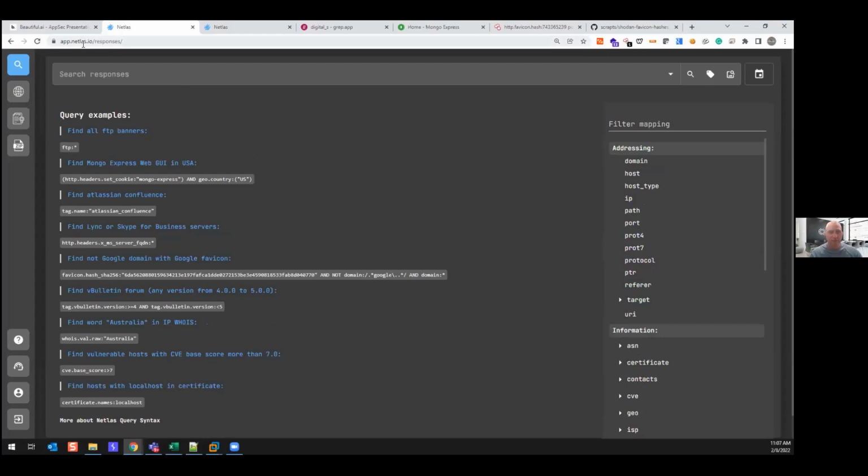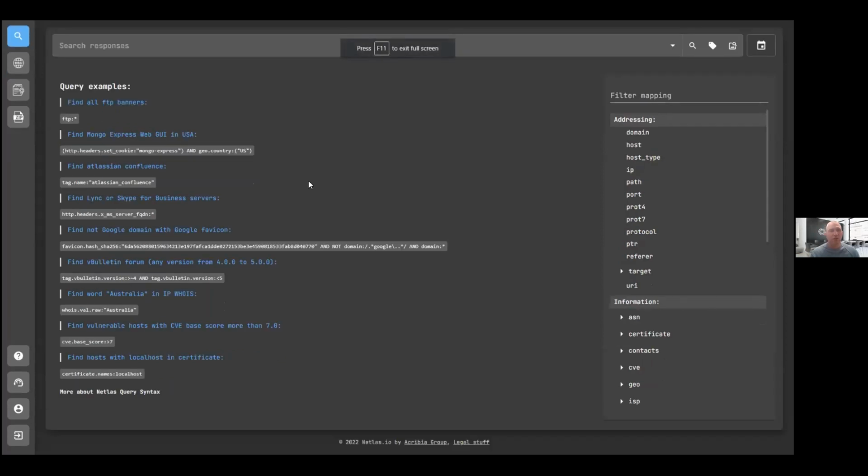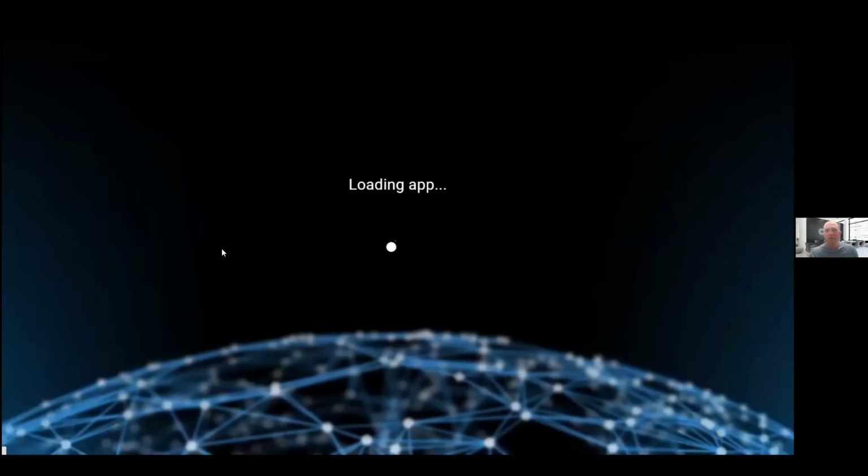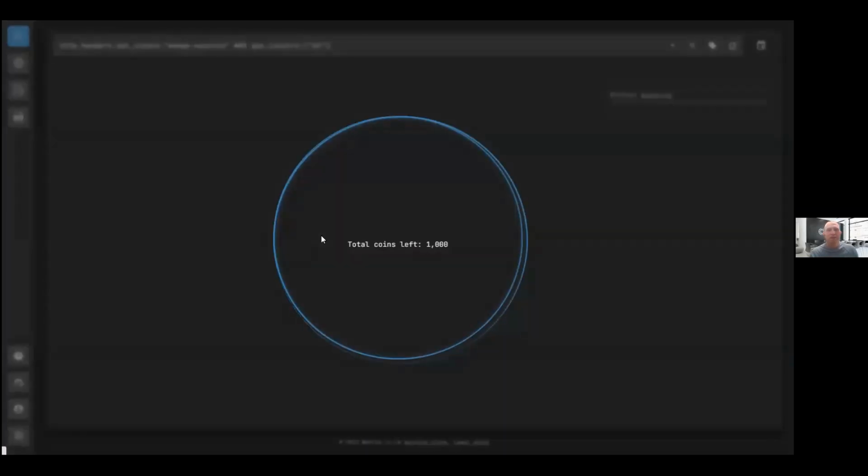So just if you don't believe me, this is NetLast, at app.netlast.io. The registration is easy and it's free. And I'll just show you a few capabilities based on the queries that you already have inside the platform. I will not go and look for other stuff, but basically the app is loading.